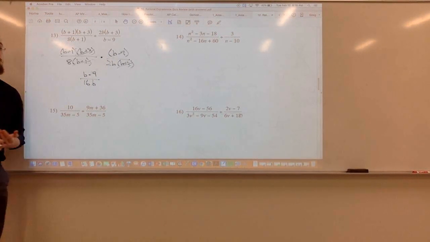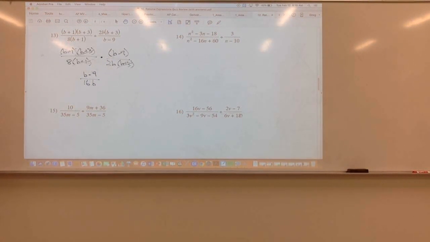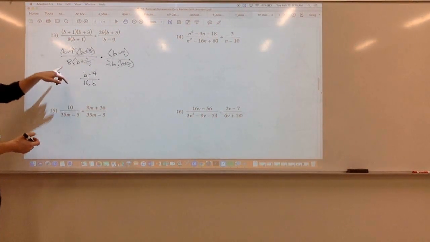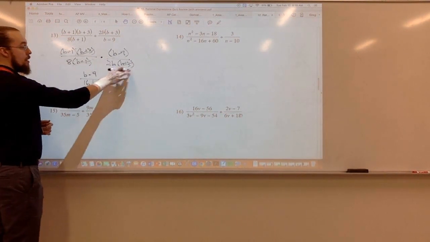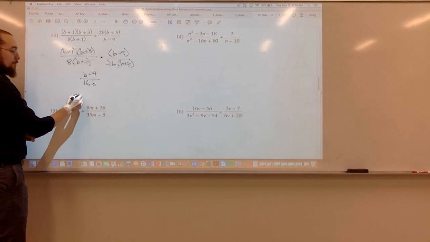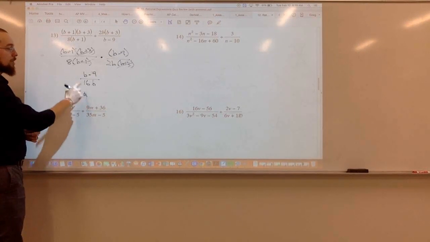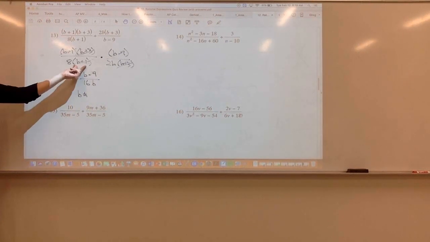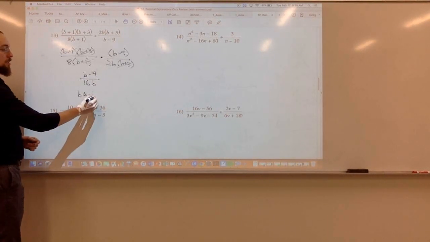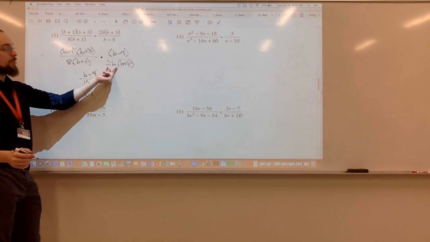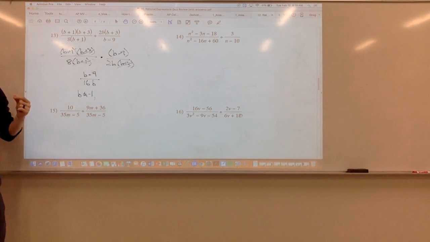Okay, so the restrictions on division come from anything that was ever in a denominator. Right? So that's the second difference between division and multiplication. So here, I can start with these denominators. Right? So my first factor is b plus 1. So b cannot equal negative 1. My next factor is 2b. So b cannot equal